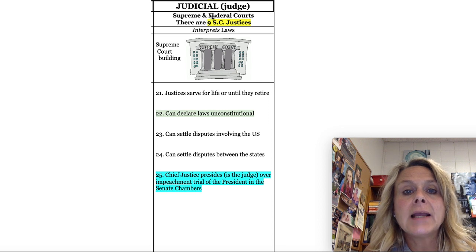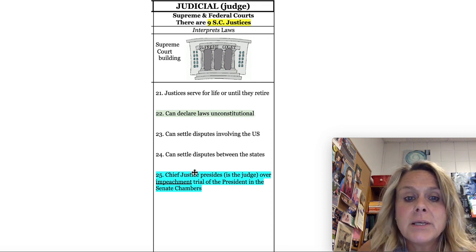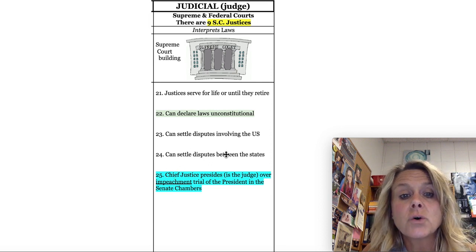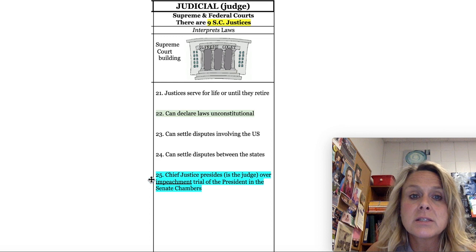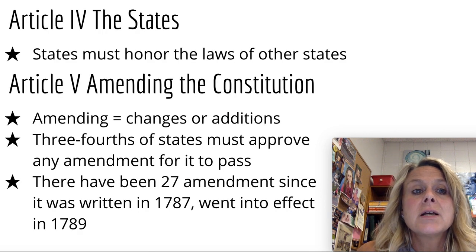Again, there are 9 Supreme Court justices that interpret the law. They declare laws unconstitutional. Part of, if a president is impeached, charged with a crime, and they're having a trial in the Senate building, the judge over the impeachment trial in the Senate chambers. Other articles of the Constitution, Article 4